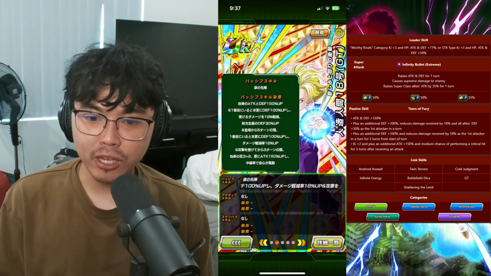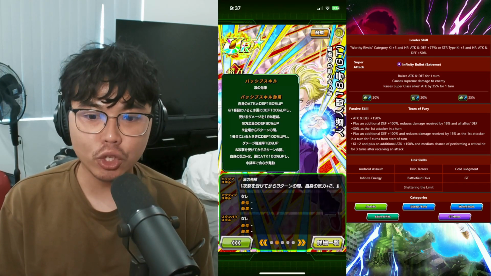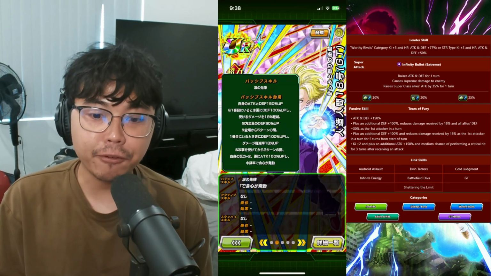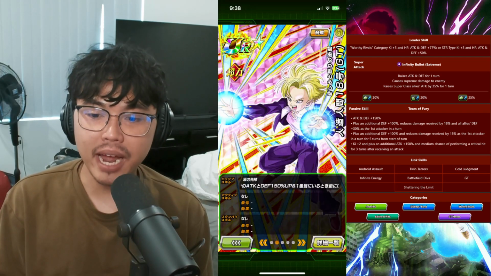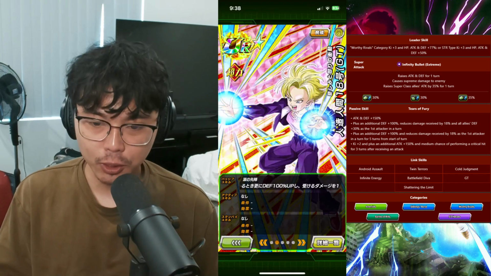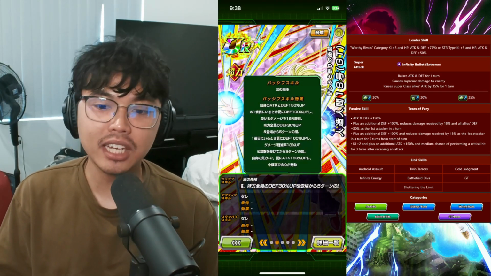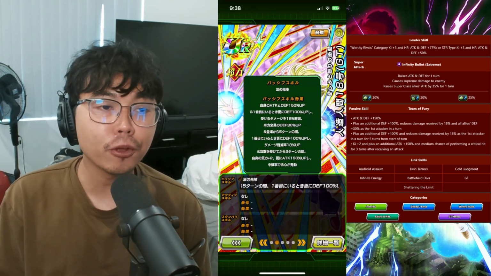So let me explain the passive here. 150% attack and defense. Now, if she is the first attack in the turn, she gets defense plus 100%, damage reduction by 18%, and an all allies defense support by 30%. Now, for the first 5 turns, she gets an additional 100% defense and reduces damage received by 18% as well. So in the first 5 turns, it all totals up to 200% defense and 36% damage reduction. She also gets an additional bit of attack. If she receives an attack, she gets 150% attack boost and a medium chance to perform a critical hit for 3